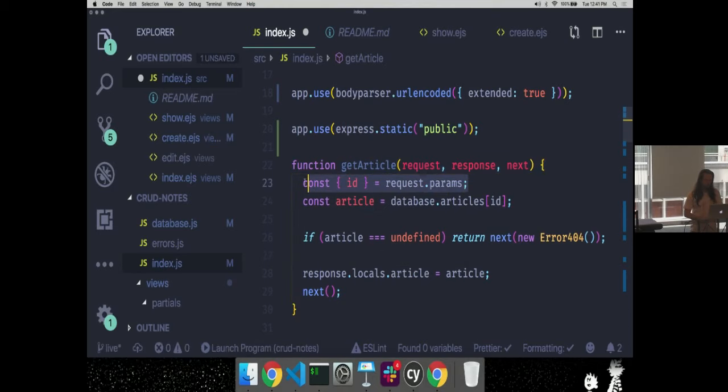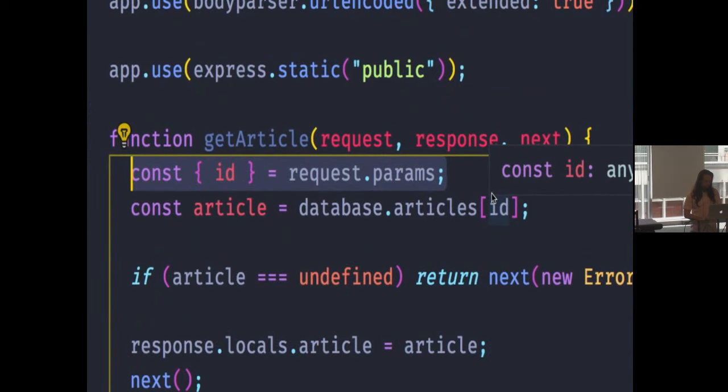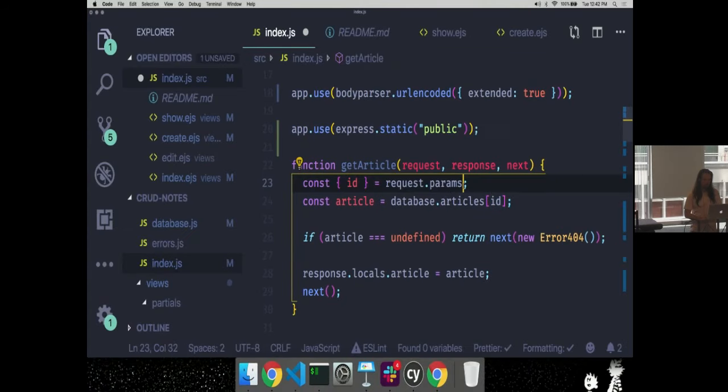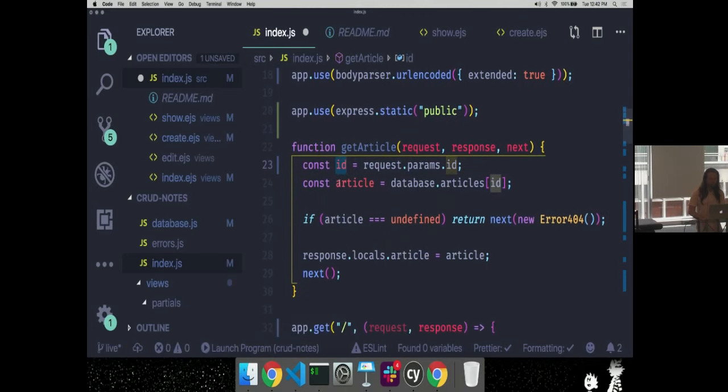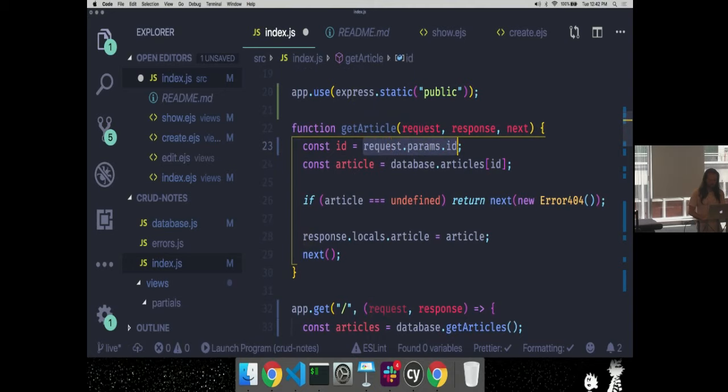So the first line here, I'm doing object destructuring. Have we done object destructuring yet? Loosely, yes. Okay, so this would be the same as me doing it this way. I'm grabbing an ID property from the params, and then I'm creating a local variable called ID. It just makes it easier on me to do it that way, although I can inline this directly here.